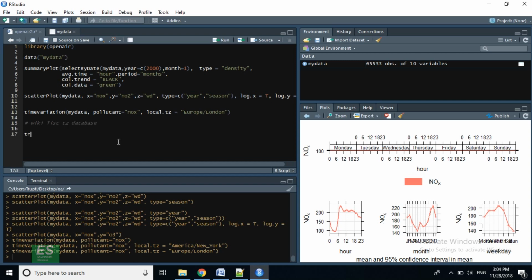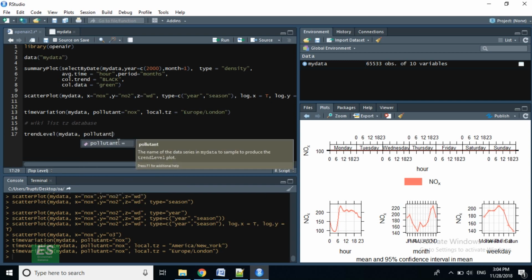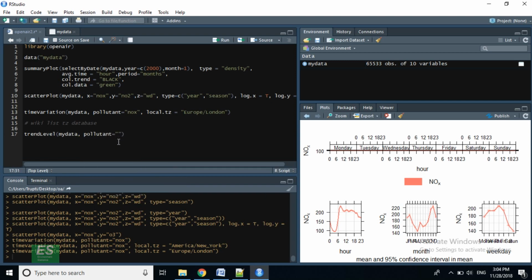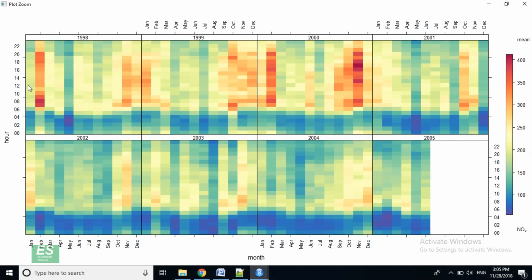Next function is trend level. This function is useful to check how the concentration of pollutants is changing from year to year. We can also take a look at diurnal variation. So here we have years, then on the x-axis there are months, and on the y-axis we have hours of day.